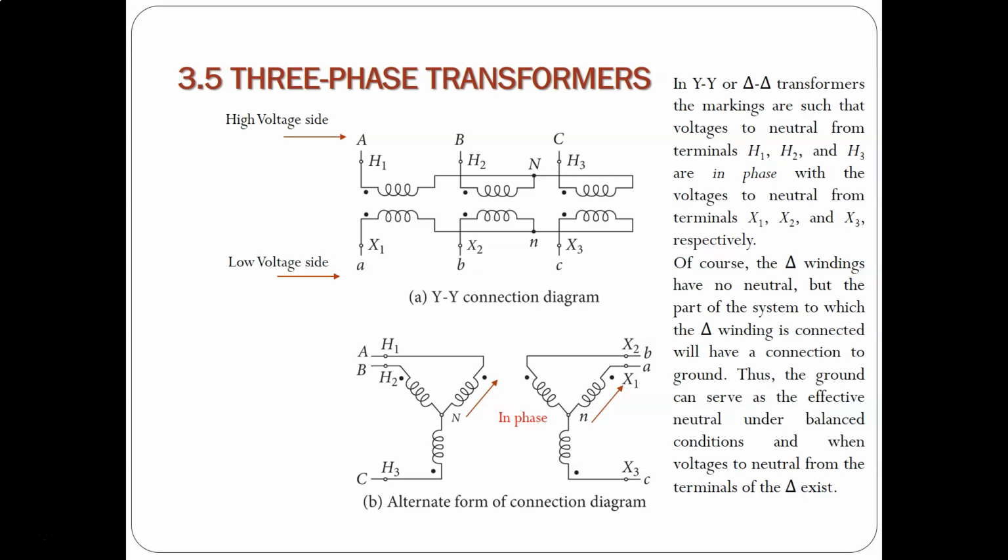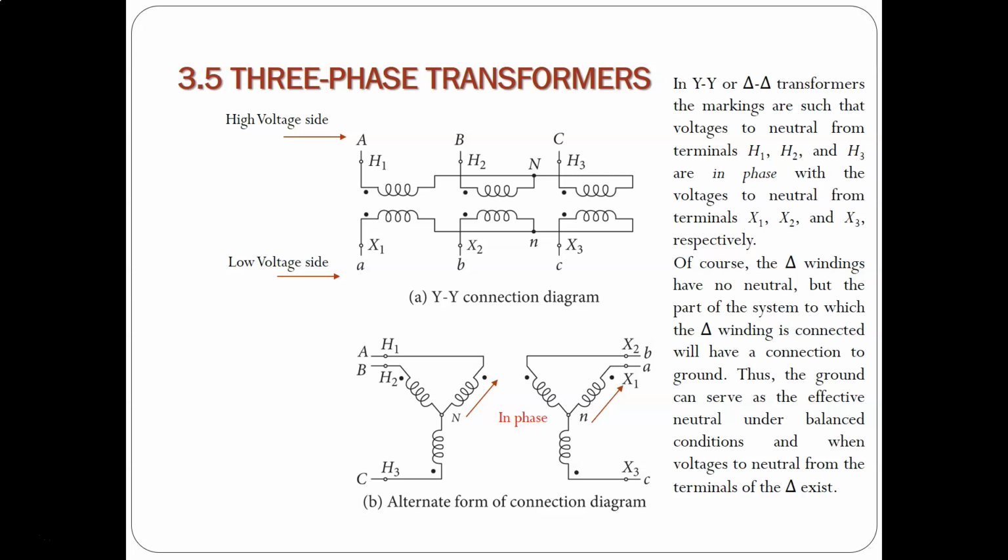This results in four possible combinations. Typically these are the YY, delta-delta, Y-delta, and delta-Y. And here you can see a YY connection diagram. The YY connection offers the advantages of decreased insulation costs and the availability of the neutral for grounding purposes. That is very neat. However, because of problems associated with third harmonics and also unbalanced operation, this connection is rarely